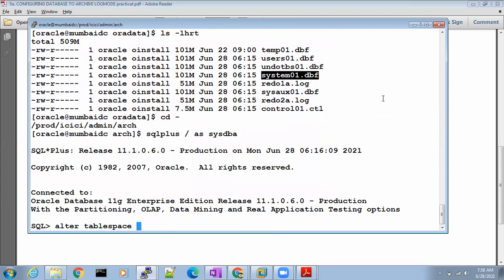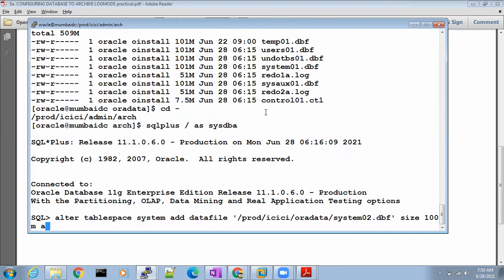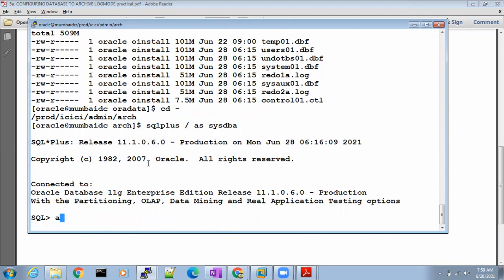Alter tablespace, tablespace name. Alter tablespace system and data file.